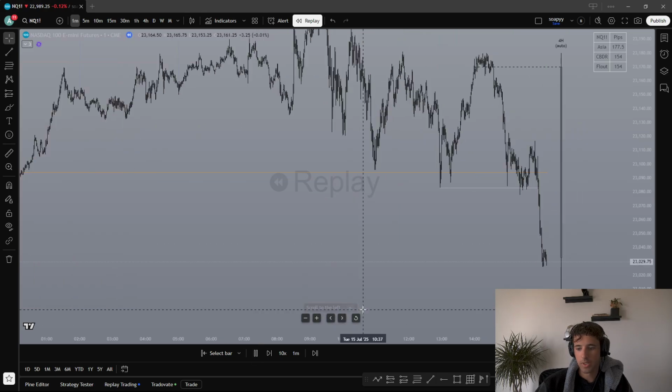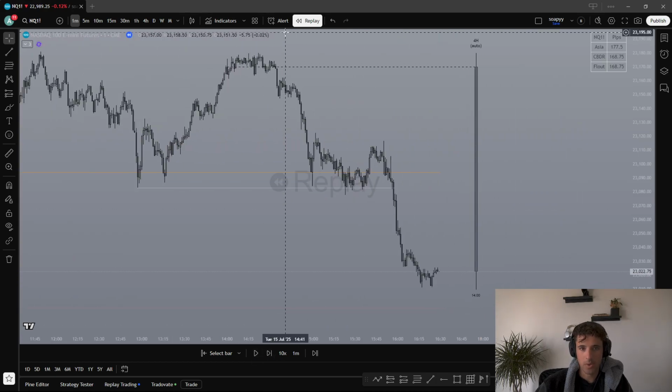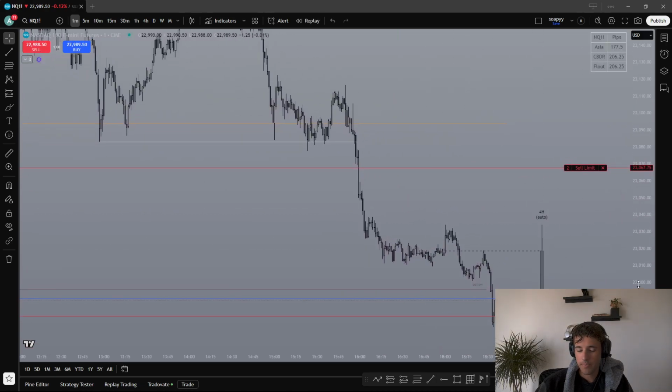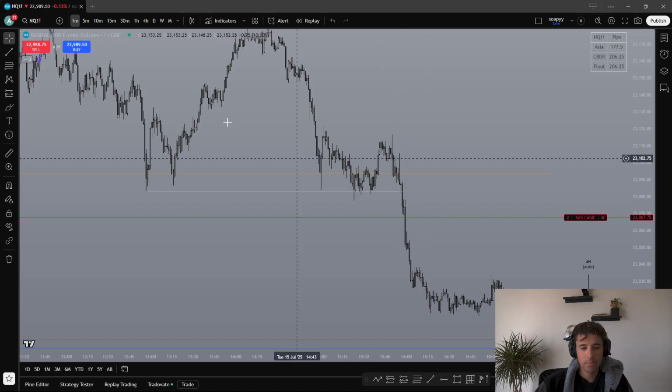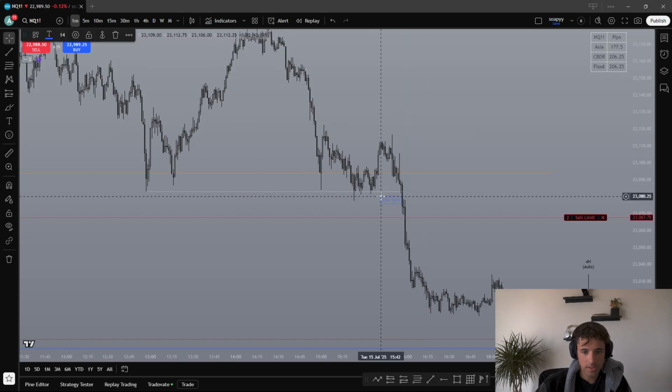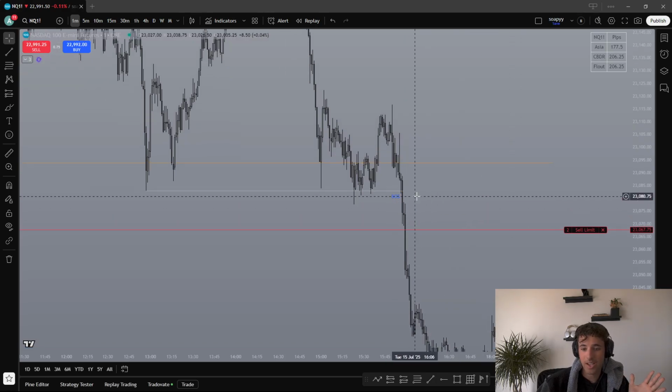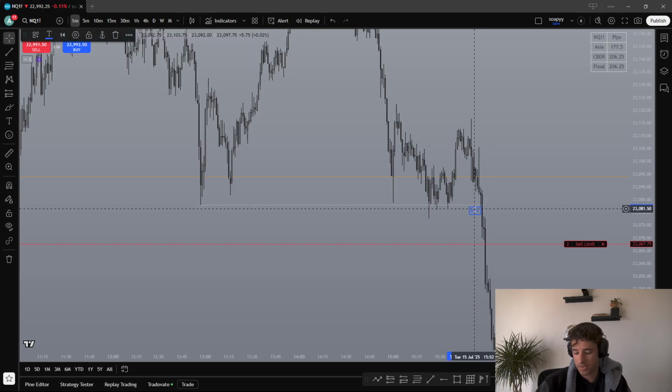And then we can go over what a fair value gap is too, because we're going 0 to hero. So there's a lot of information to cover. But that would be a break of structure, a BOS right here. So break of structure, we're not going to use that. I actually don't use that, but it's worth knowing. It's a decent concept. It's all right.